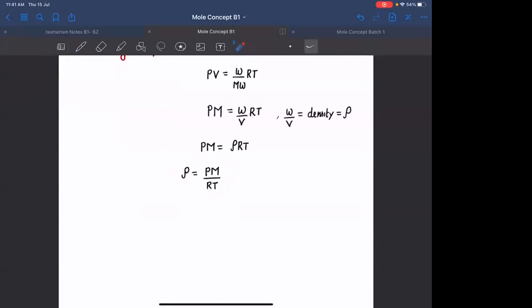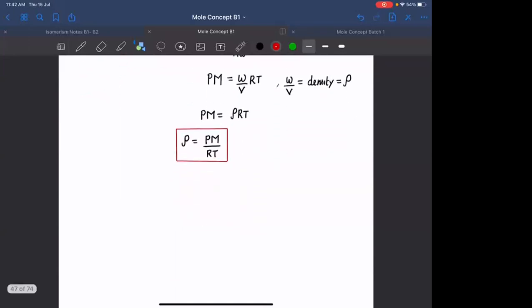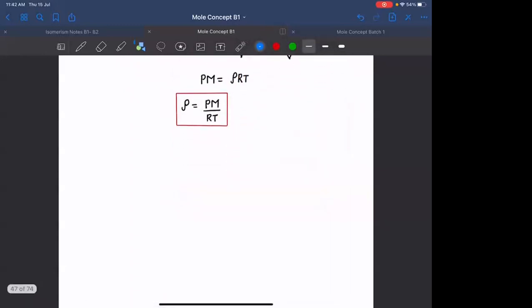Okay. If I'm taking them at different conditions, I need to compare them based on the pressure and temperature as well. If the pressure and temperature are same, the one having greater mass will be having greater density. I hope this is clear. This is one of the important formula. Rho is equals to PM upon RT. The next important definition is vapor density.